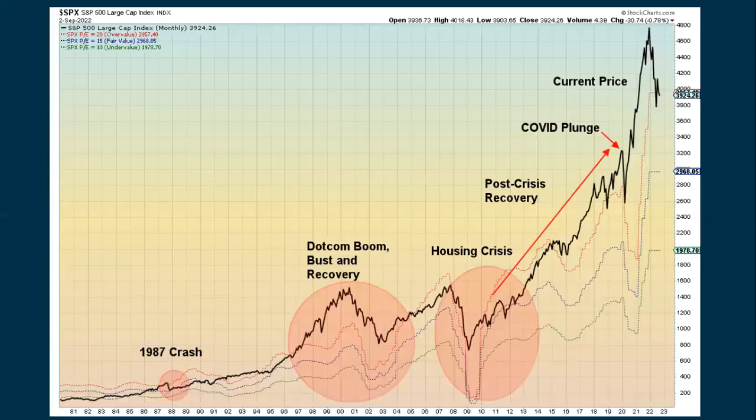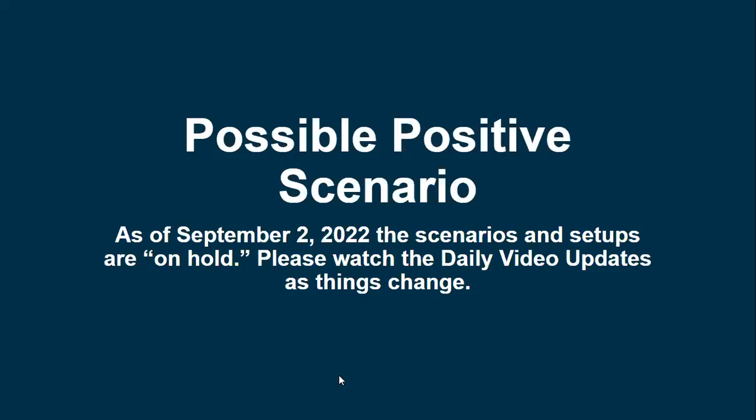All right, here's another historical chart. Sorry about that. Going back to 1980, and it just shows how the S&P has performed over a period of time. And then you can compare that to when the stock market is considered to be expensive, fairly valued, or undervalued. The possible positive scenarios, because we're going down pretty strong right now,